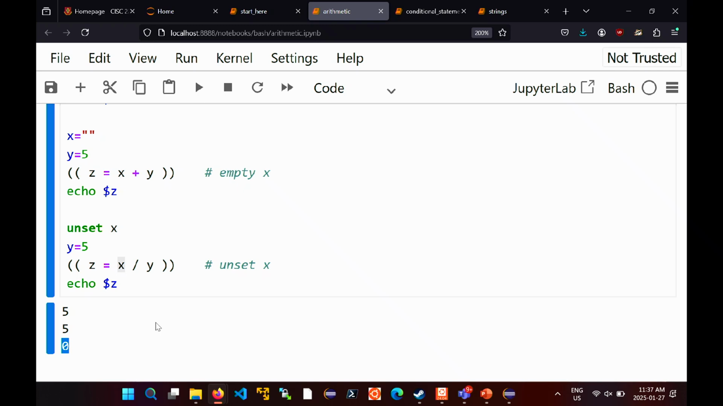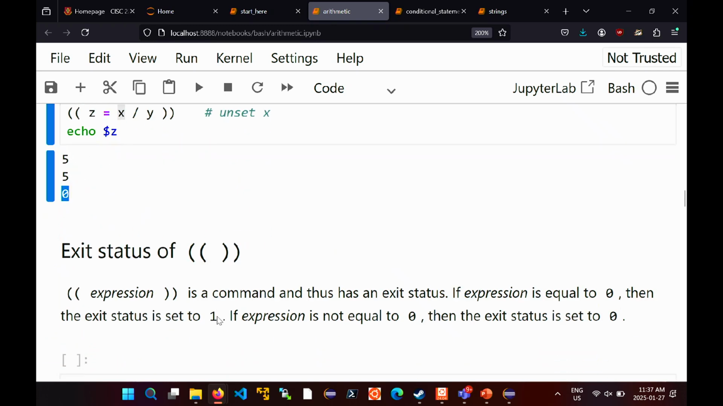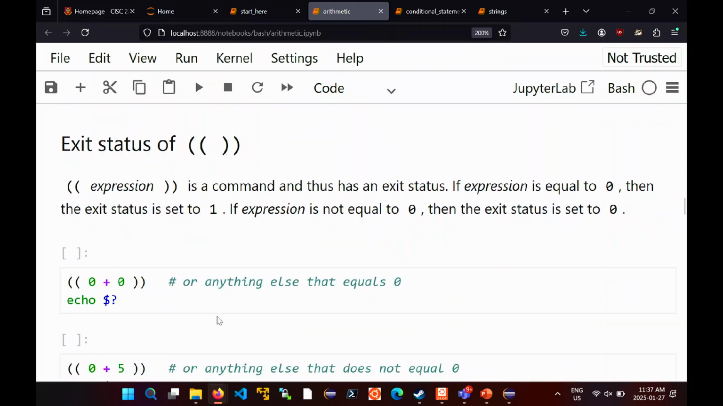So you have to be a little bit careful when you're doing arithmetic. So that double parentheses is actually a command in bash. So double round brackets, with some arithmetic expression inside, is a command. Every command in bash has an exit status. So that means the double round brackets has an exit status, which is weird, but that's the way it works. So if the stuff inside the double round brackets is equal to 0, then the exit status is set to 1,